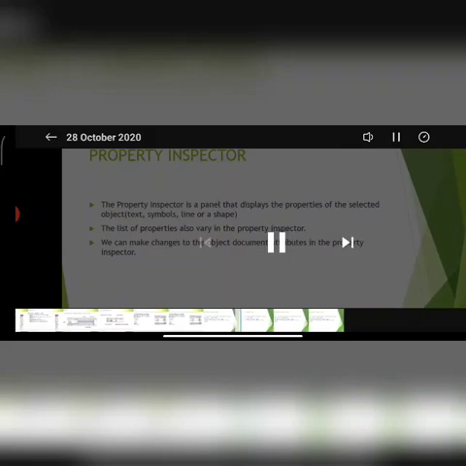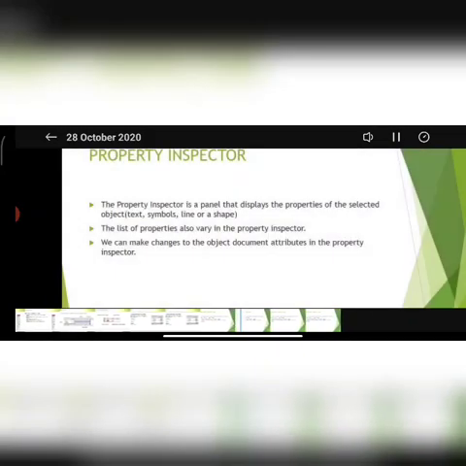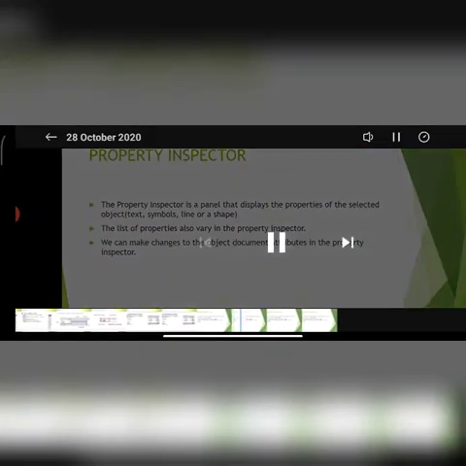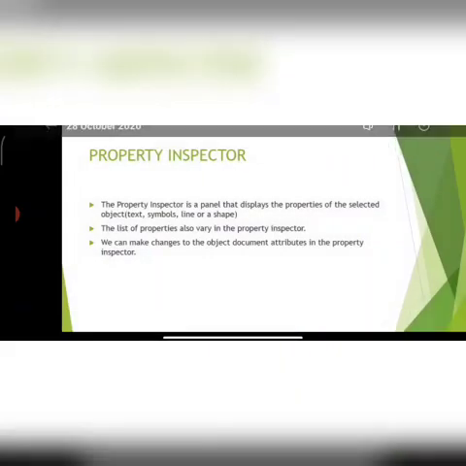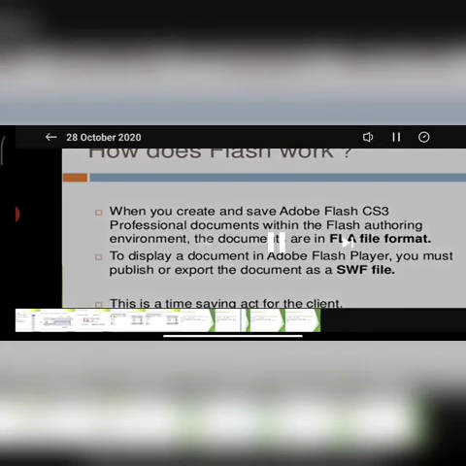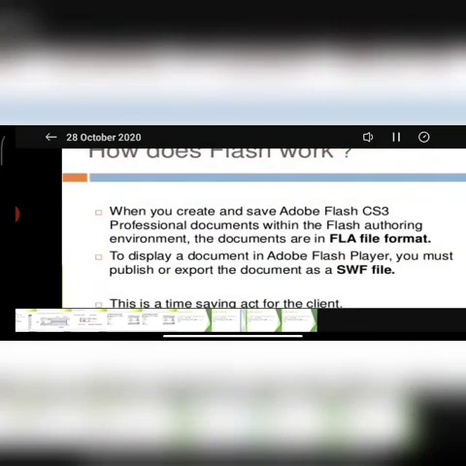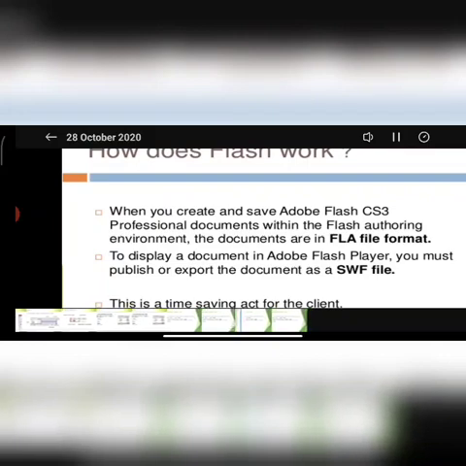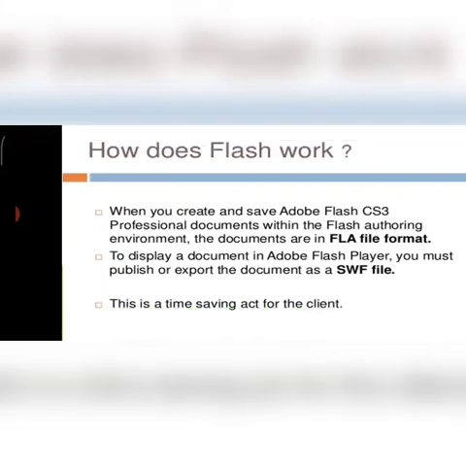In the property inspector, you can make changes to the object or document attributes.